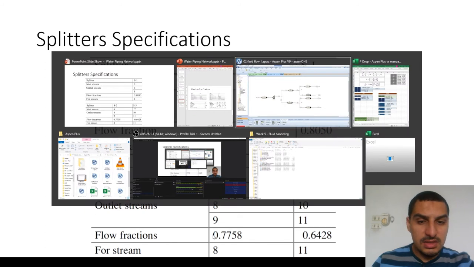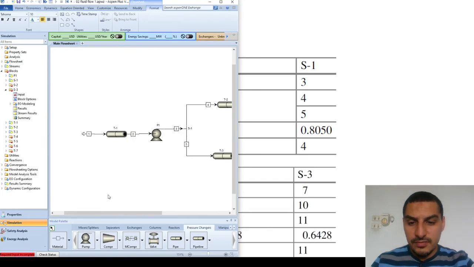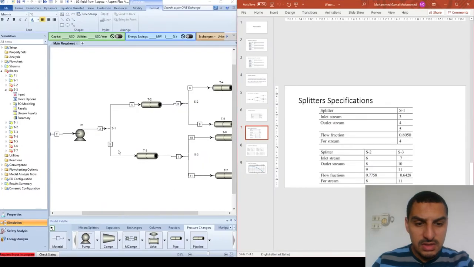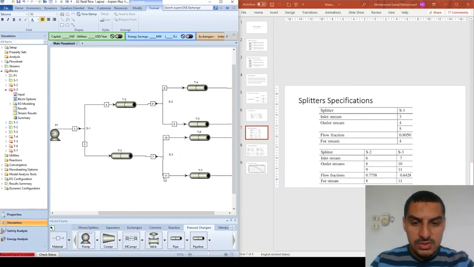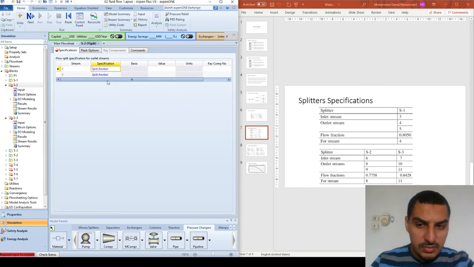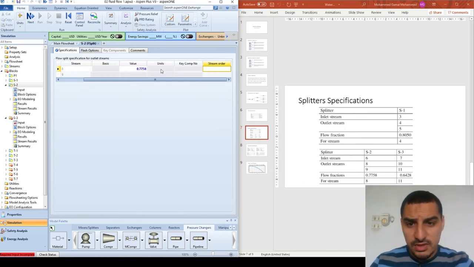So let's go to Aspen Plus. Where is it? Oh, here it is. I'm gonna put them side by side just to see both of them. So what we have for splitter S2 is the stream numbers 8 and 9. So I know that's stream 8. The split fraction of stream 8 is 0.7758, and